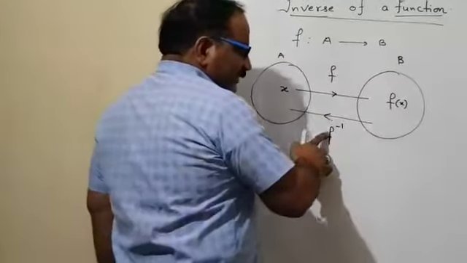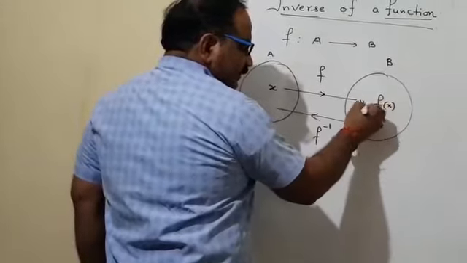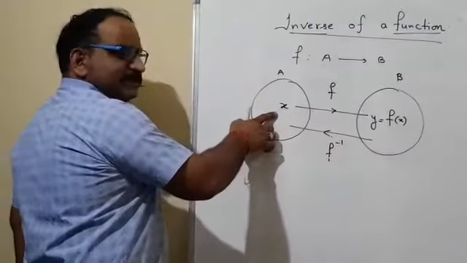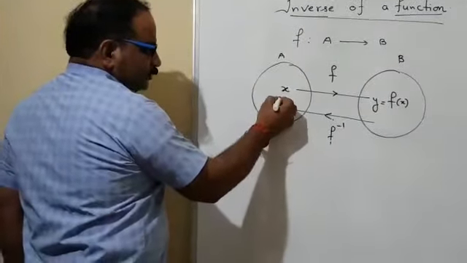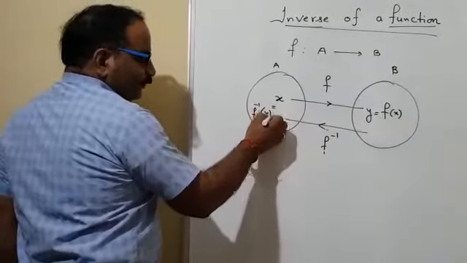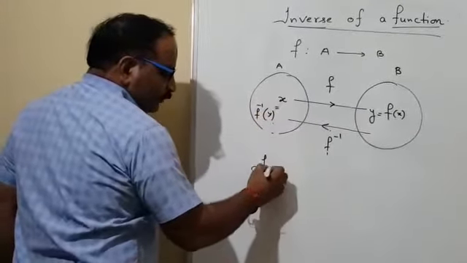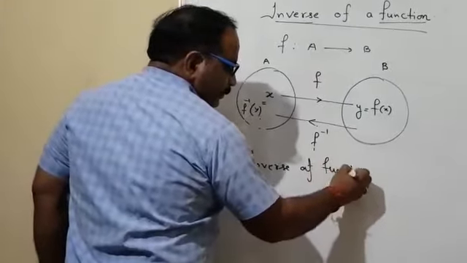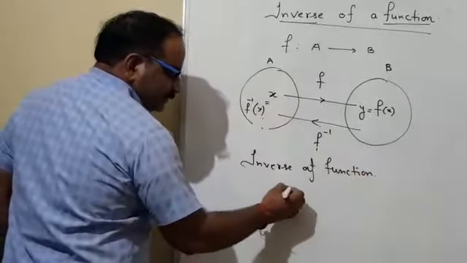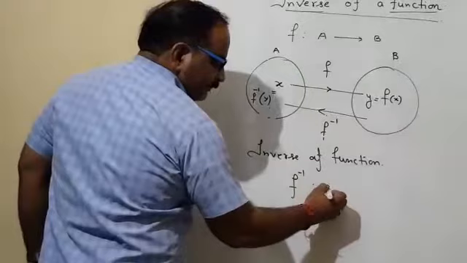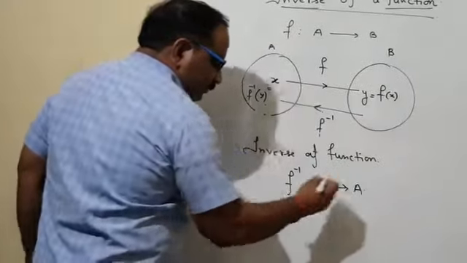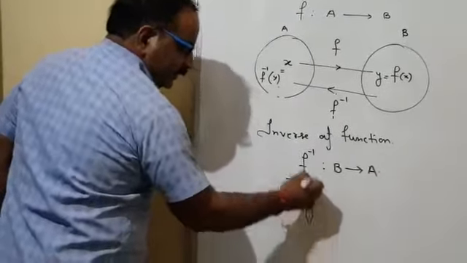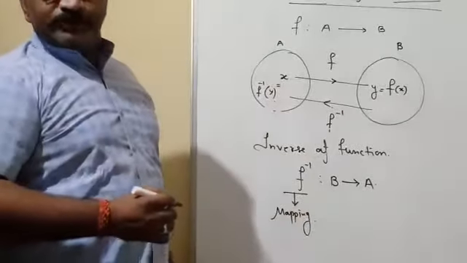This inverse function will take the element from the set B, and inverse operated on that element comes again to this x in set A. So this x will also be treated as f inverse of y. So the inverse of a function can be briefed as: f inverse is a mapping defined from B to A. Remember, I am saying this is a mapping, again a function that is defined from B to A. So we should take care of that.